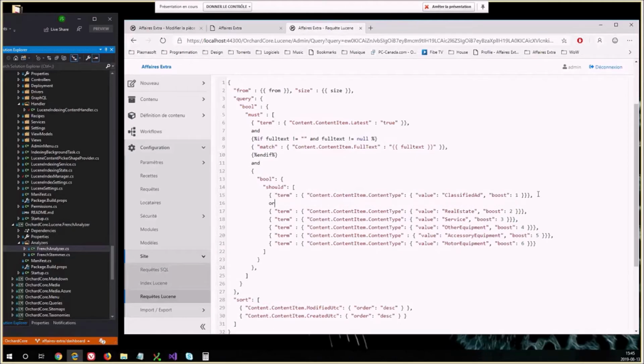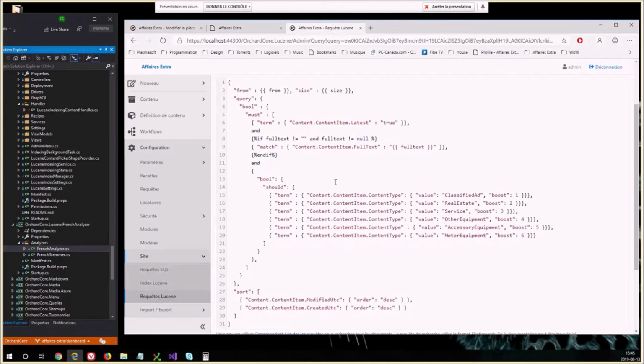So it's doing and this and this and this, but inside this it's going to do an or, which is quite useful for doing complex queries on content items or fields.